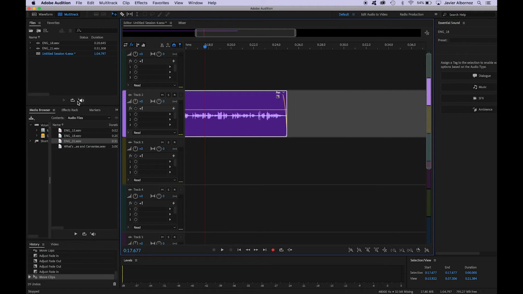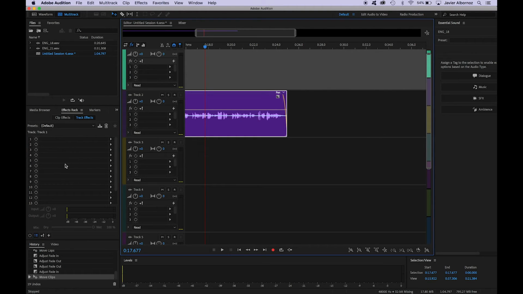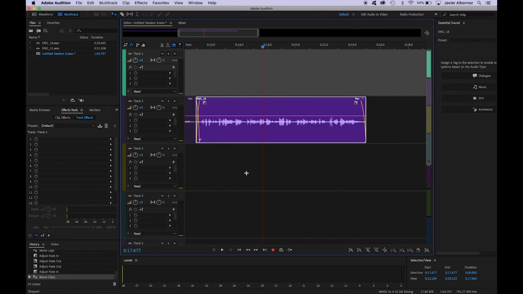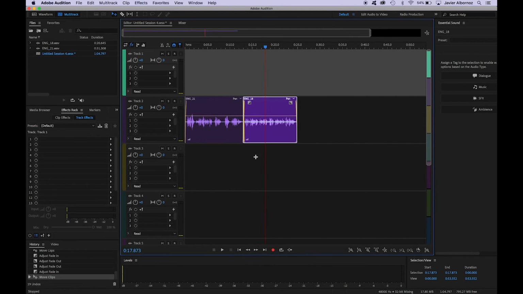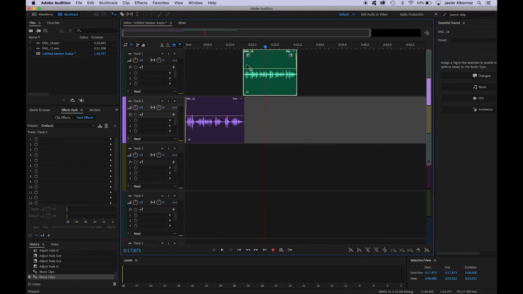Now, if you click here, rather than Media Browser on Effects Rack, you'll see the same list for the selected track. If I were to select track 1, this list reflects, as you can see here, insert effects for track 1. So what I'm going to do is move our audio clips to separate tracks as we had it before so that we can see how we can apply individual processing to clips on different tracks. So starting with this clip that we have here on track 2,